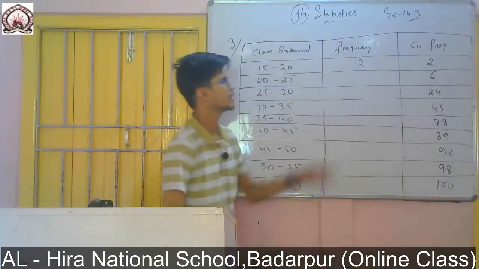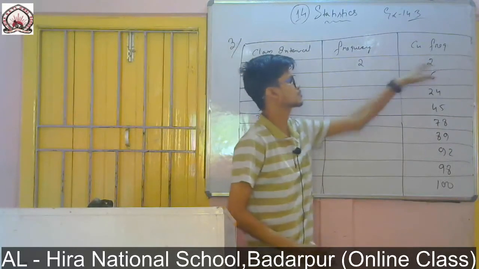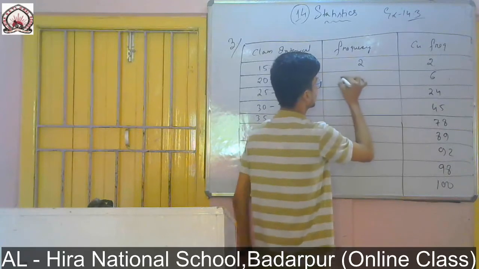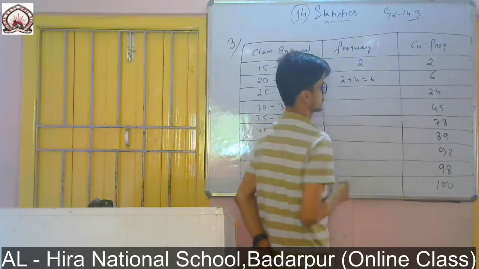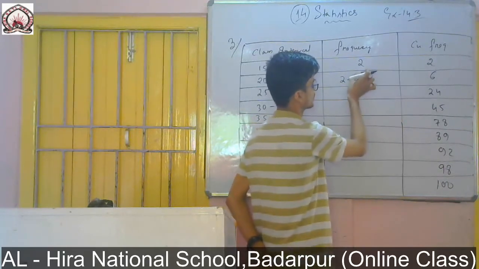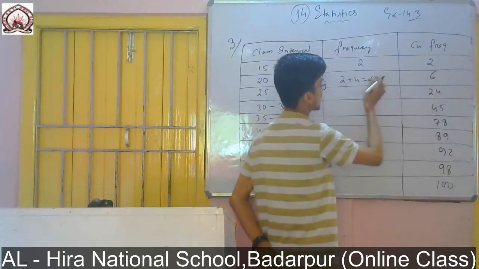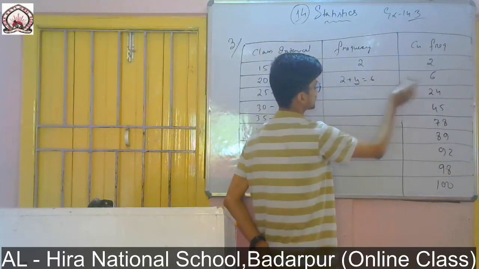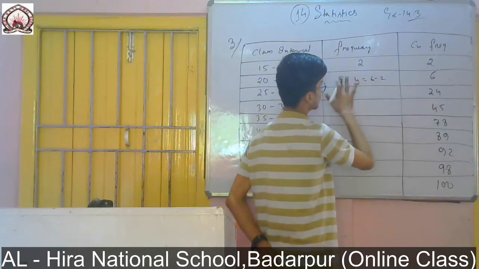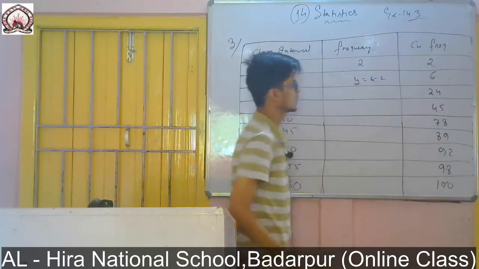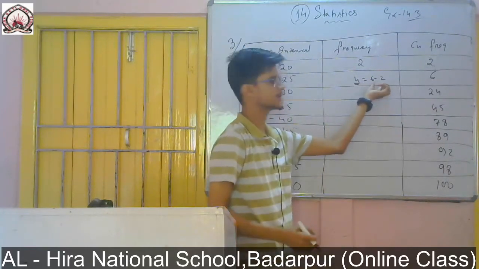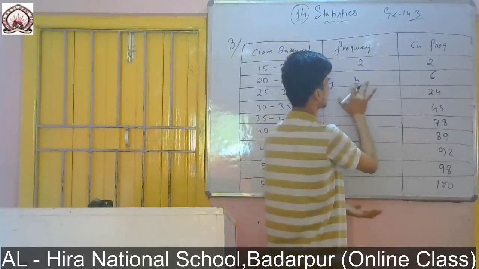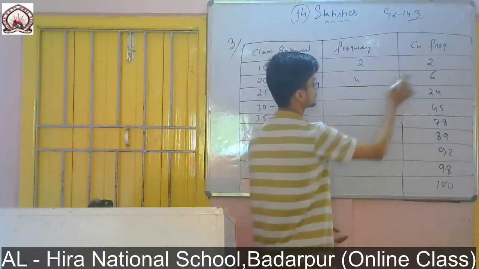So now how will I find this one? Earlier we used to add this one plus this one. Now if I subtract, this is the value. For example, 2 plus 4 is equal to 6. This one plus this frequency equals 6. So now if I want to find this value, which one is the middle, then from this 6 I have to subtract 2. This 2 will change the side, it will come here. Mathematically also, this one will come here, that means 6 minus 2 is equal to 4. So I have to do it in the reverse way. So 6 minus 2 is equal to 4.